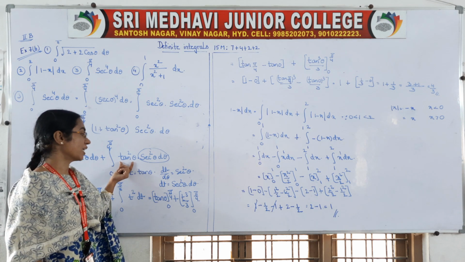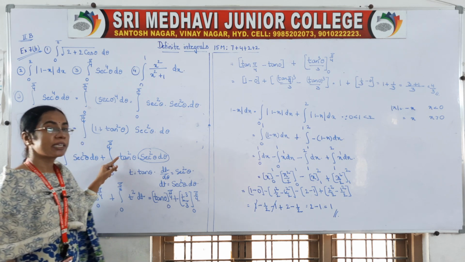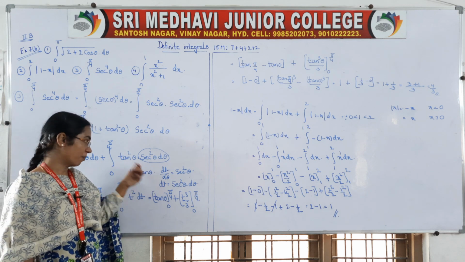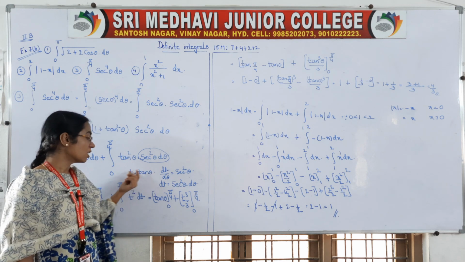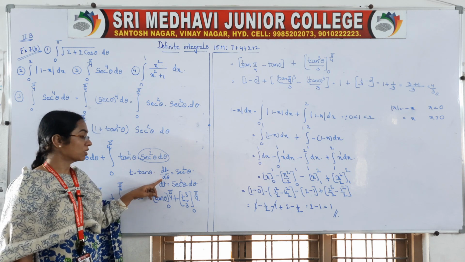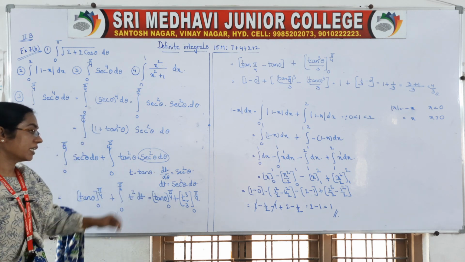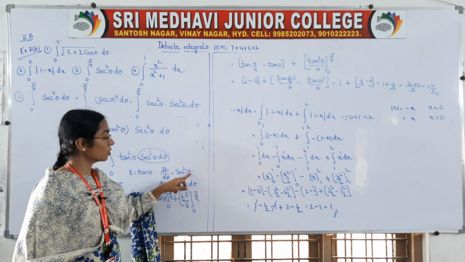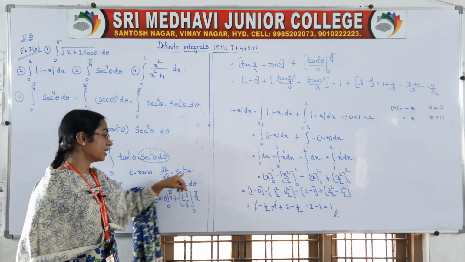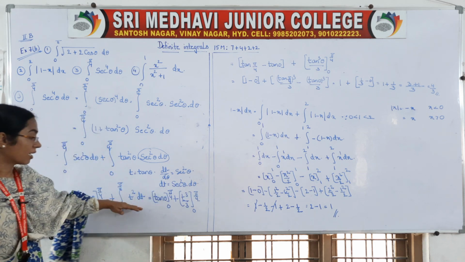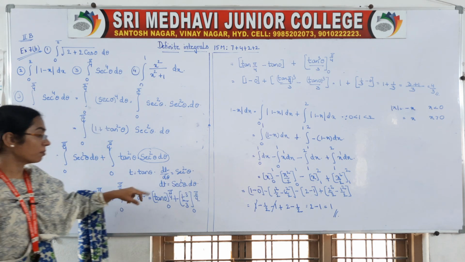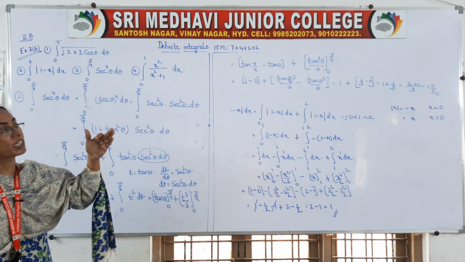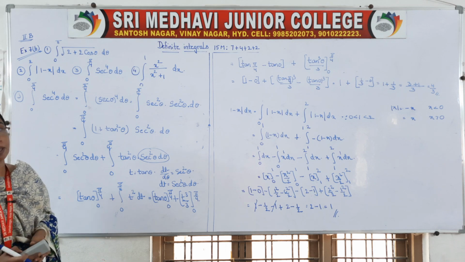And then you take this as t. T is equal to tan theta, then dt by d theta. This value is in terms of theta, so we can differentiate with respect to theta only. So dt by d theta is equal to secant square theta. Send d theta that side. Then substitute in x to the power of n plus 1 by n plus 1 form. You substitute t, then you substitute your limits.